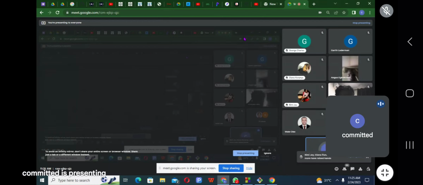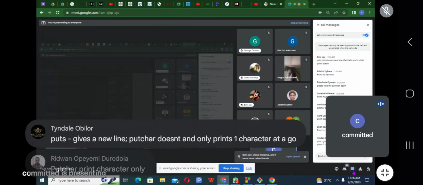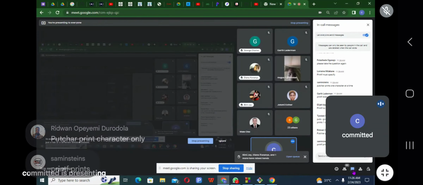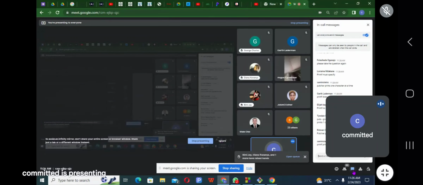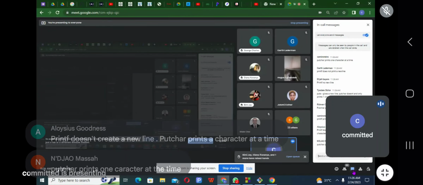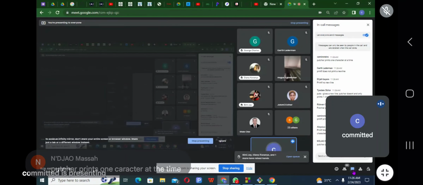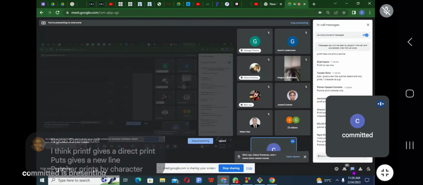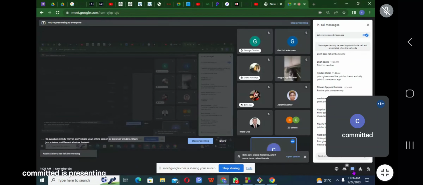The differences between puts, printf, and putchar is that puts by default adds a new line, while printf will not add a new line by default, while putchar can only print one character at a time.